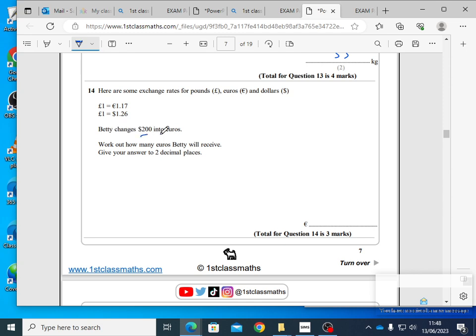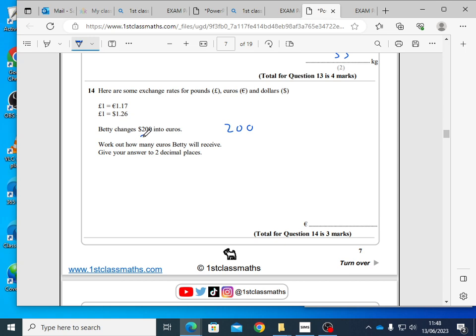Betty changes $200 into euros. Work out how many euros Betty will receive. Give your answers to 2 decimal places. So 200. First of all, what can we get? We've got pounds to euros, we've got pounds to dollars. Okay, so we haven't got that, but we can get this. We can say that actually